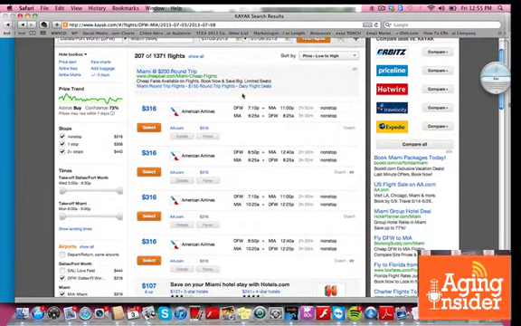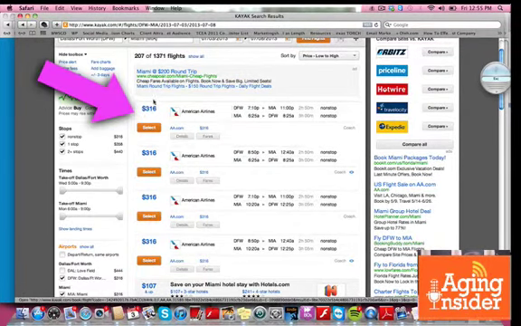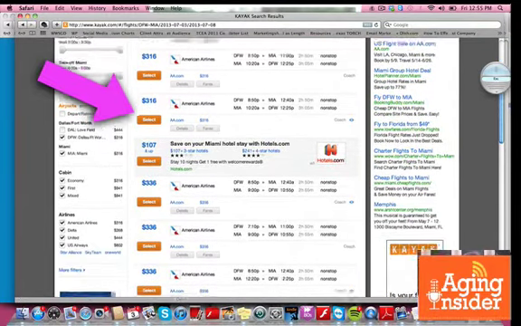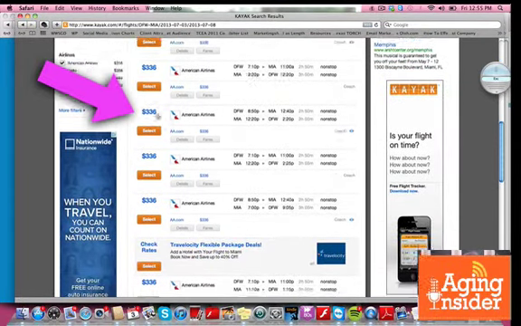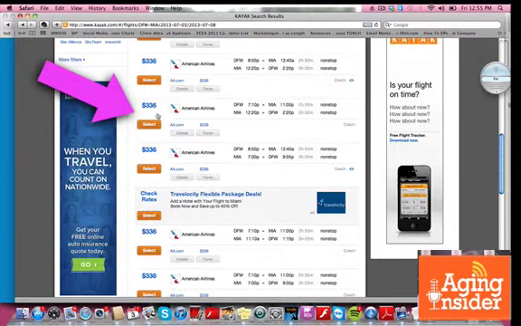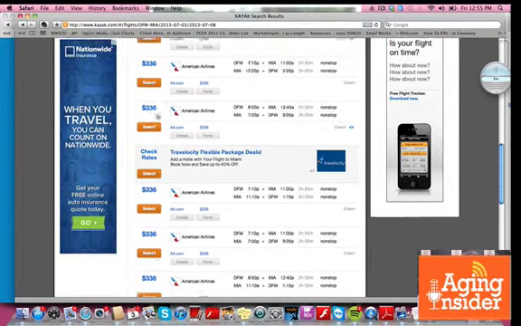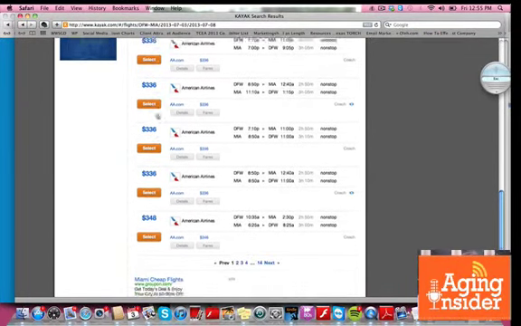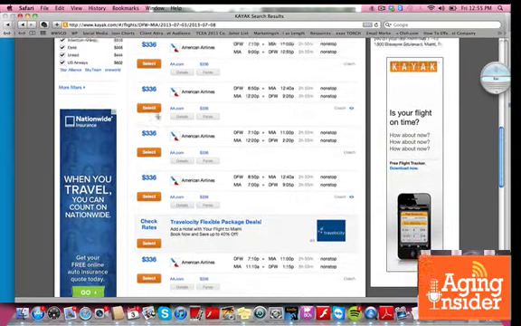Just like Google gives you results, Kayak is giving me results. And it's starting at American Airlines for $316. American, usually living in Dallas, American is a hub here, so it's going to come up. And as I scroll down, the price increases. And I can select any one of those.